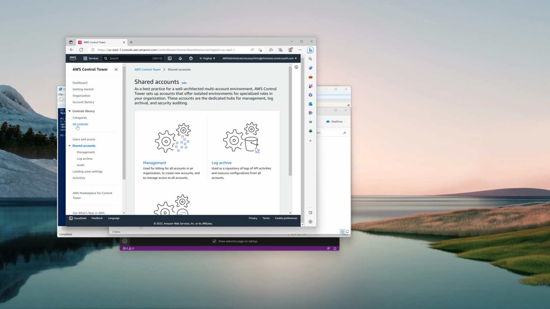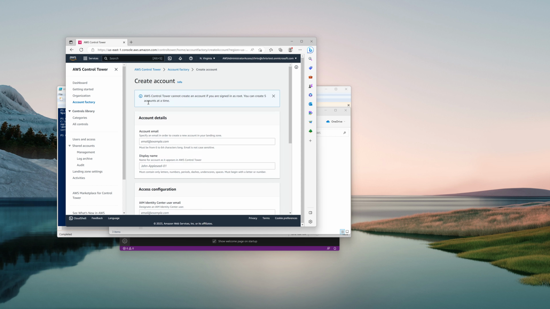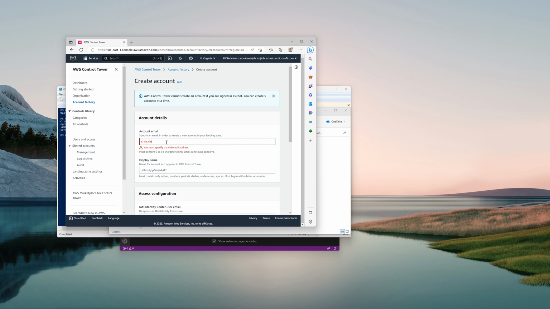Those are shared accounts. But what we need is a networking or infrastructure account where we're going to put all the VPCs that we create in that account. And we'll share out subnets using Resource Access Manager. Now this is a best practice, so I'm going to put in my